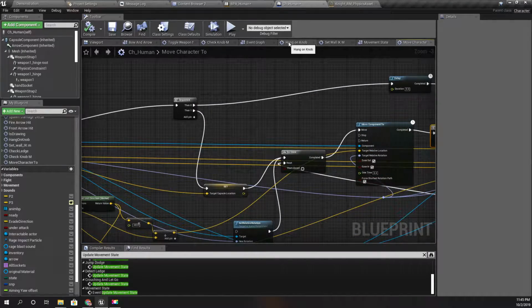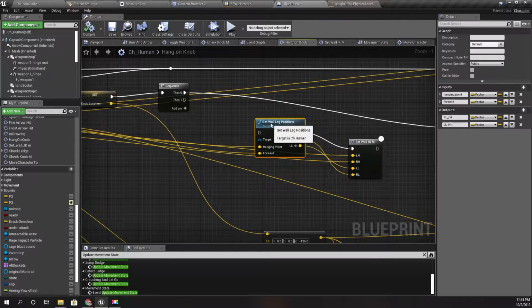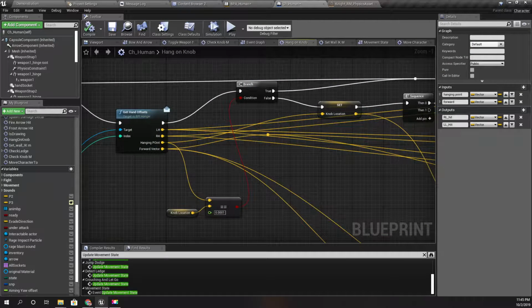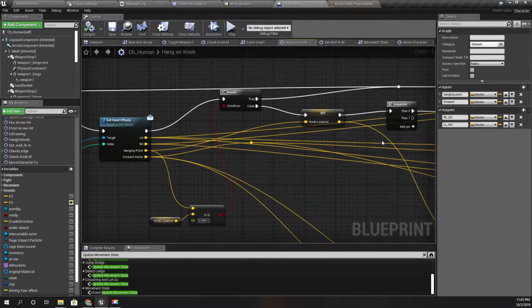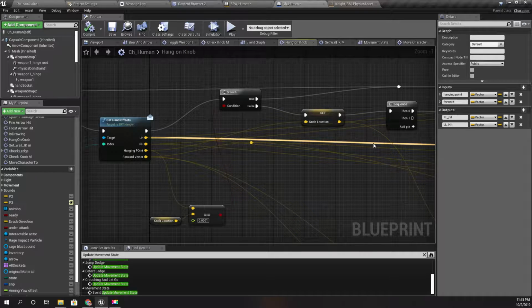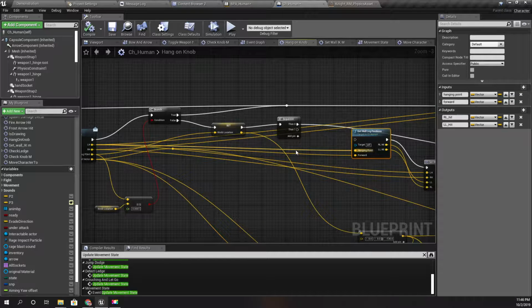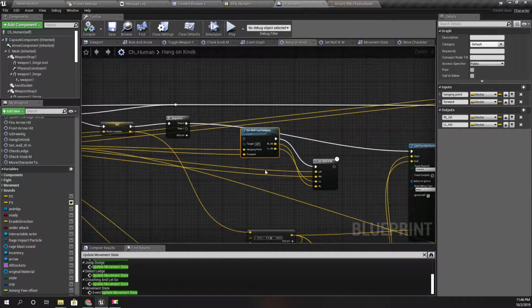So where do I calculate them? Yeah, I'll calculate them like this. LH is the hanging point, and forward is the forward vector. Alright, so